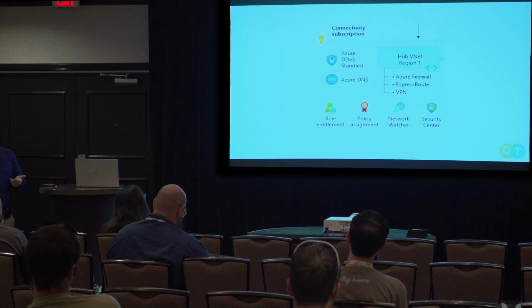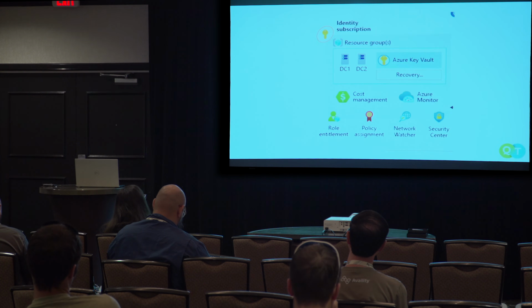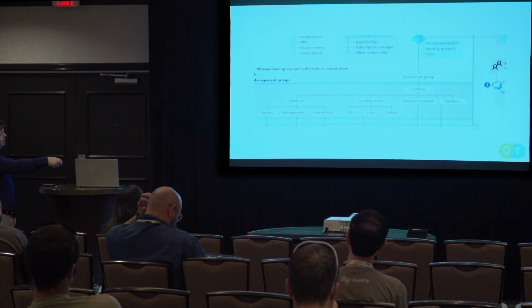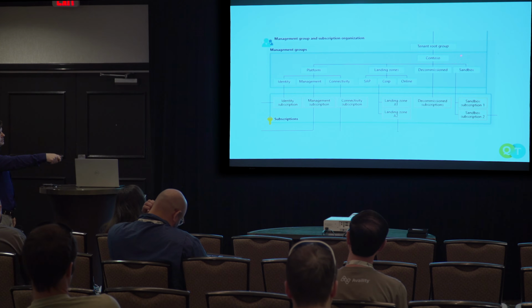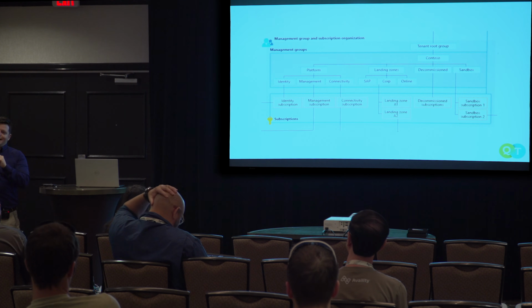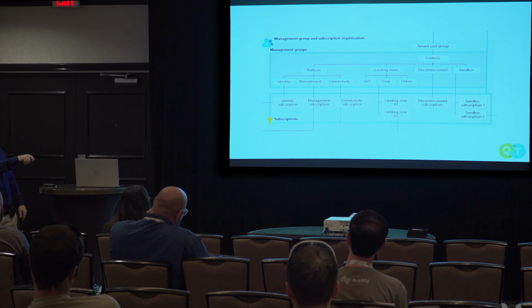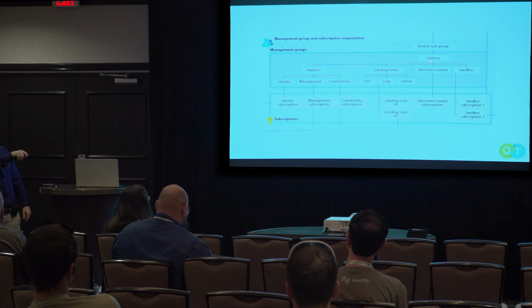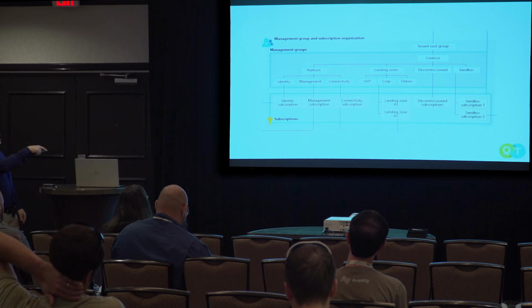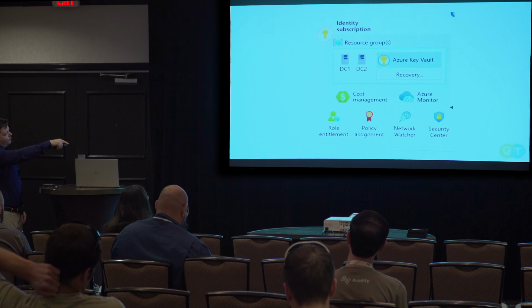And then you've got your connectivity subscription. Another thing, and I might have to go back. When we talked about the scope here, about you having the business unit starting right there, that doesn't have to be just the business unit. That could also be your application team, and it could be sitting under. So if this is finance and you're in finance, you could also have one right there beneath this that is your teams, right?